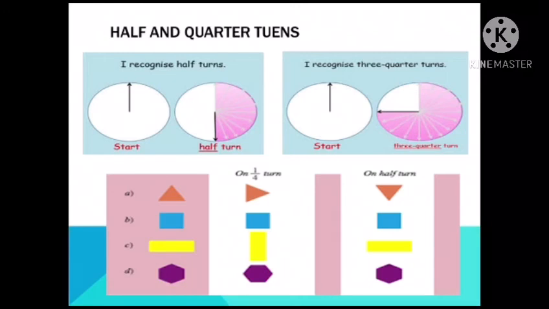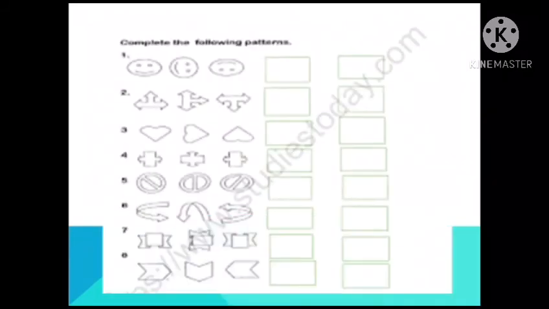So for a rectangle, it turns quarter, then half. Here we have to be clear whether the picture is turned quarter or turned half. That is also one of the observations for patterns. Now we are going to apply the turns of half or quarter and the patterns together. Let's apply it. So it is a smiley.